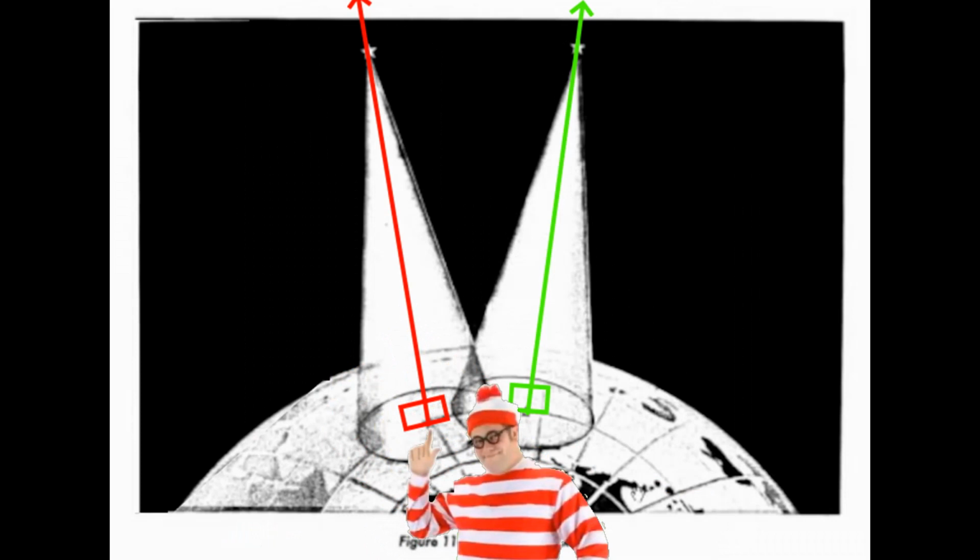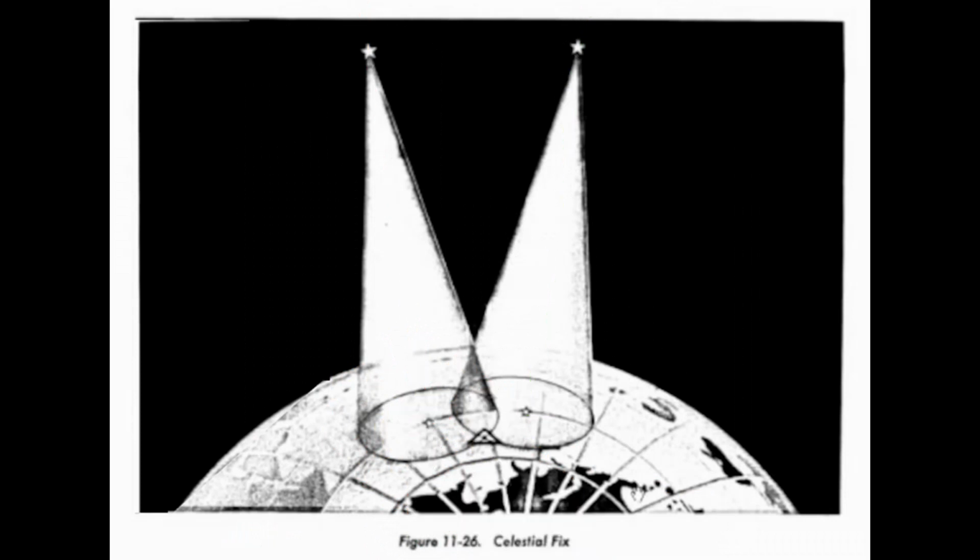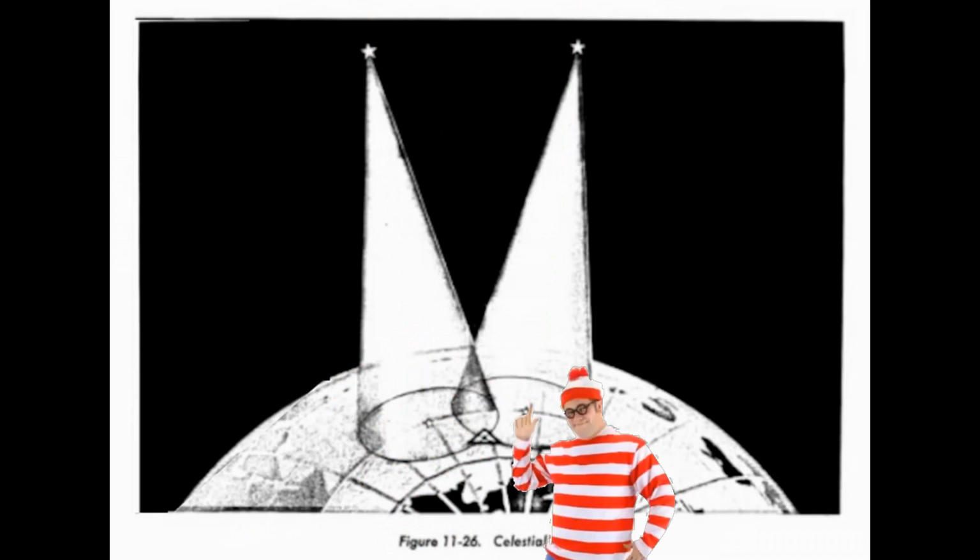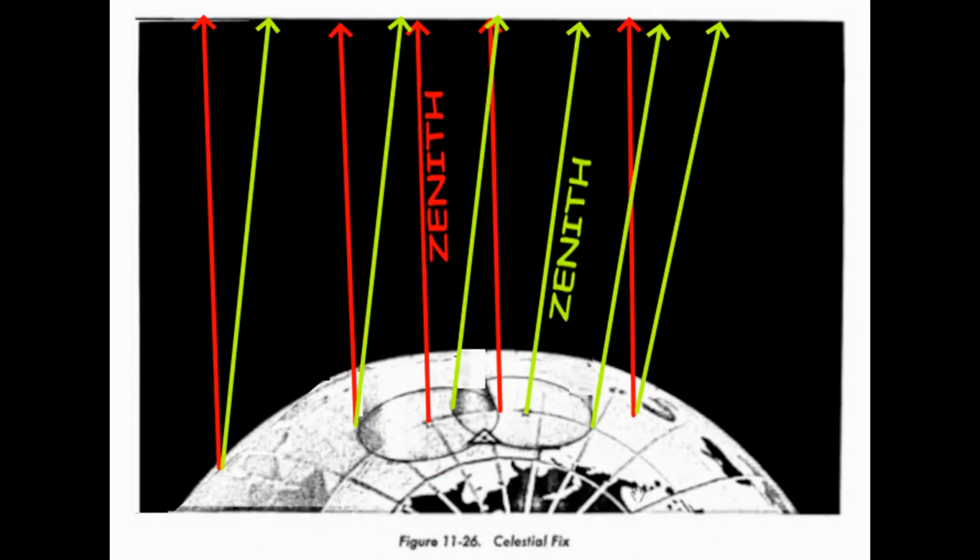What do you mean they don't have a zenith? Are you telling the truth there, Nathan? Oh, I hate that diagram. The cones of fail, I call them. This is what it actually is.